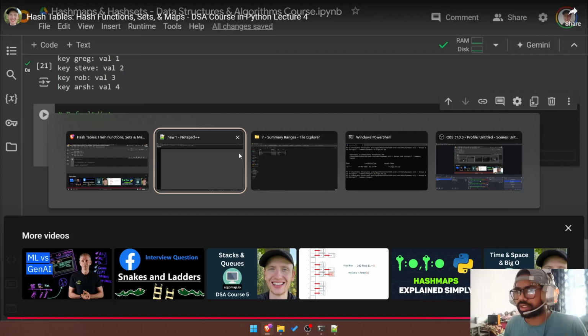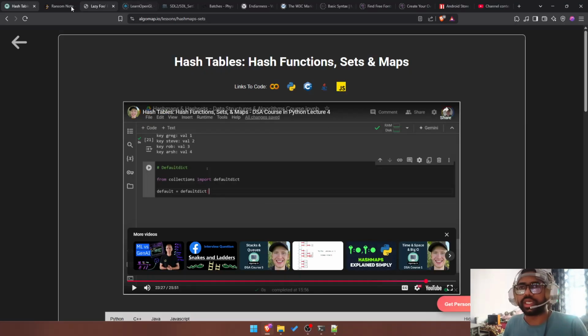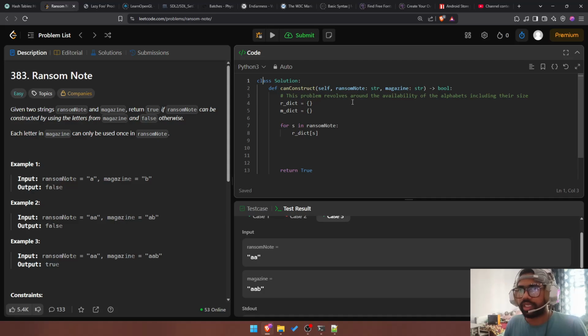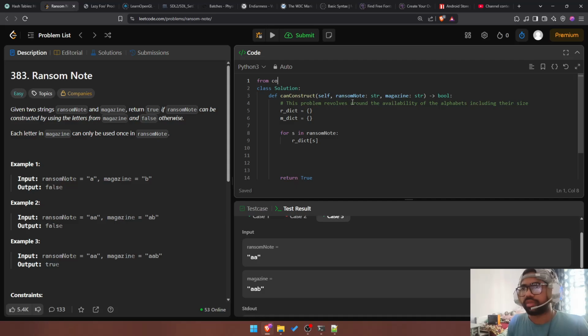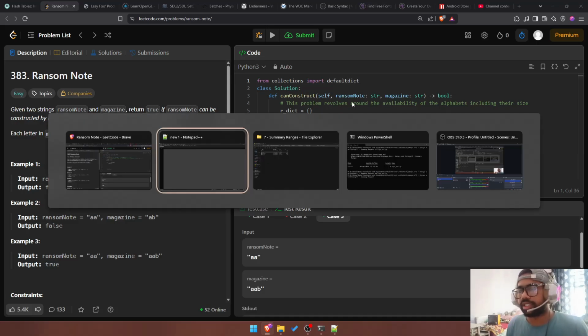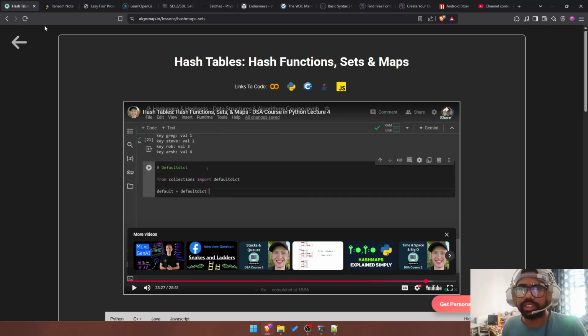So I can just go here and import from collections import defaultdict. Did I do it right? From collections import defaultdict,